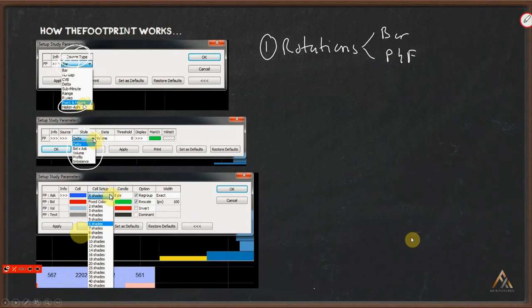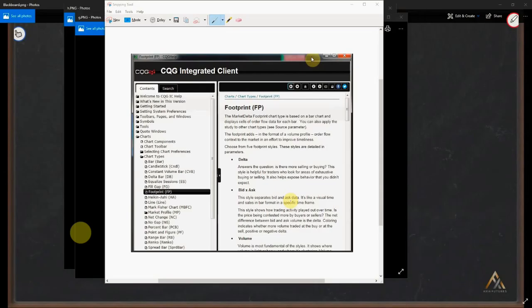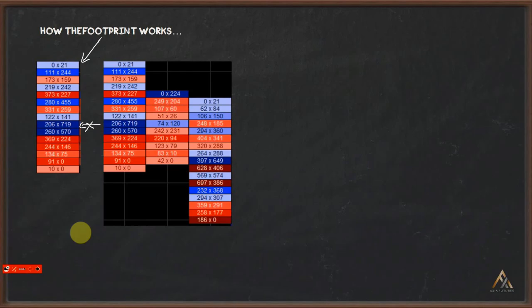Now, the next thing is obviously to talk about the colors. As you can see, if I go back again, I'm just going to show you what the colors mean, and if we just start this again. Okay, so if we look at these colors, what they are representing now is we've got different shades of color. Firstly, we spoke about the delta and the volume being transacted. Now, the color represents nothing other than one,